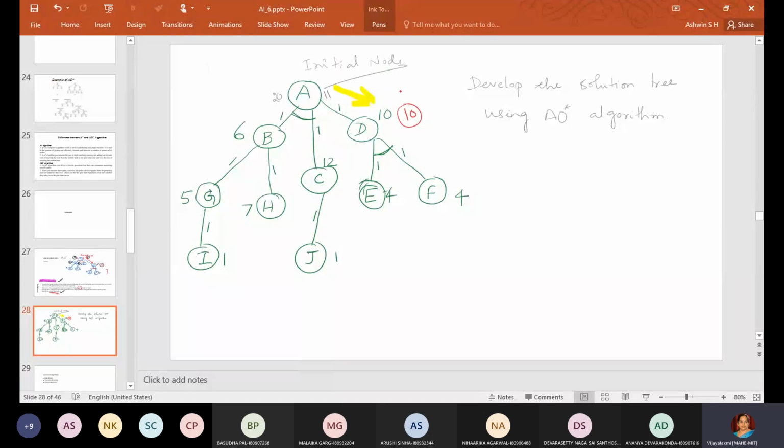Okay. So 10 plus 1 is 11. There is no change in this value. It is still 11. But still we need to follow this path as well, because we have to calculate whether there is any best possible path in the other direction. Okay. So what we need to do here is calculate from this.